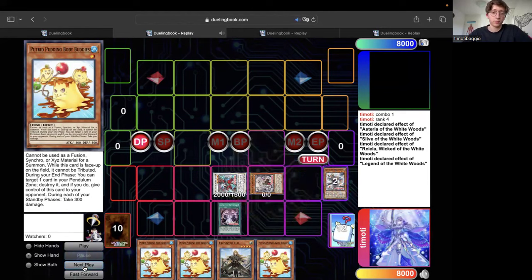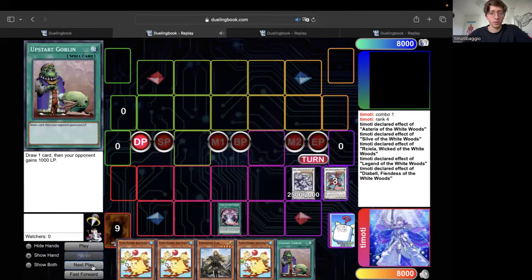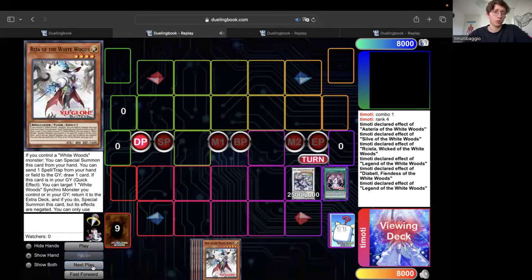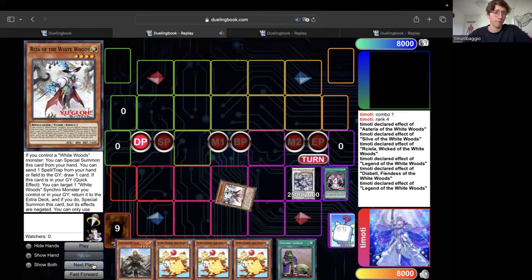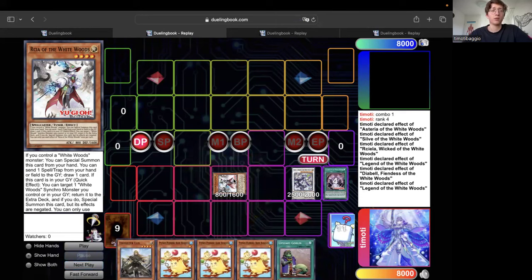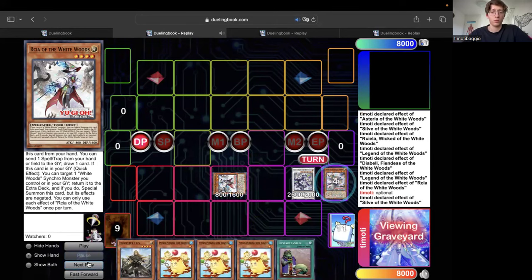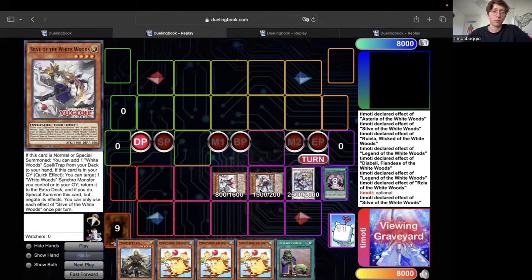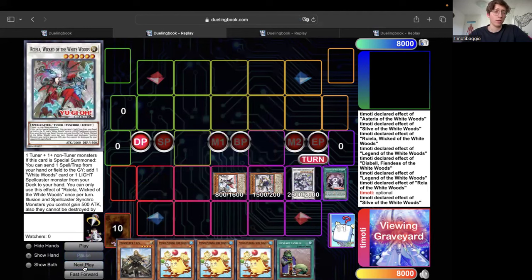So yeah. Then we make the synchro 8. We use the effect to add back from our grave the spell that we discarded. Then we use the spell to search. We are going to search the monster that can special summon itself. Then here we have the option to discard 1 to draw 1. We don't have to. Then we can use the effect of the level 4, targeting 1 to shuffle back,